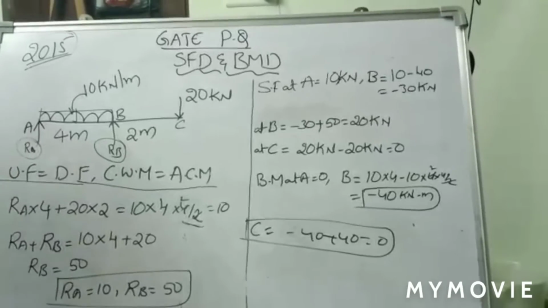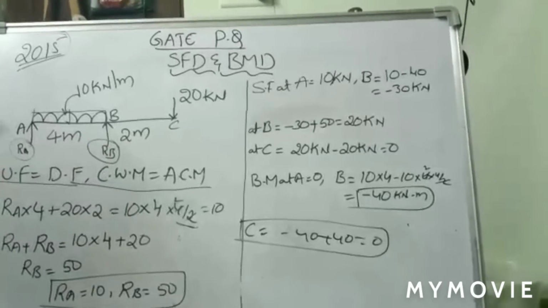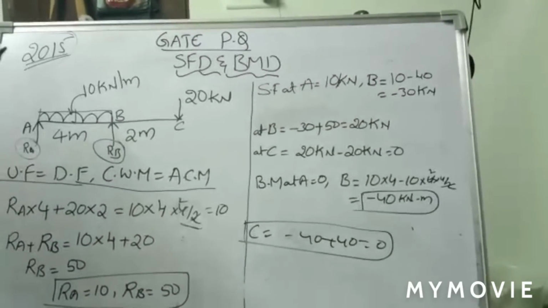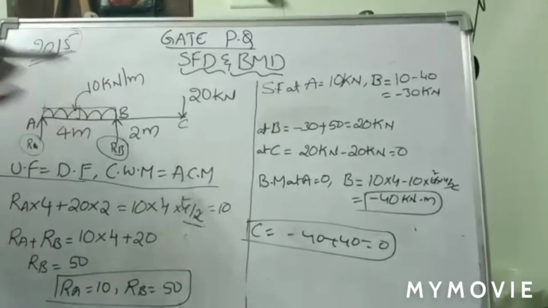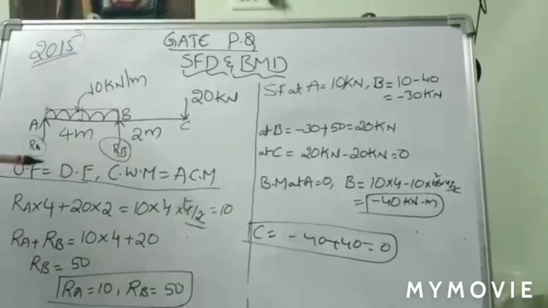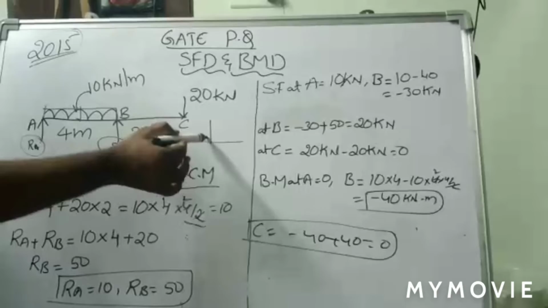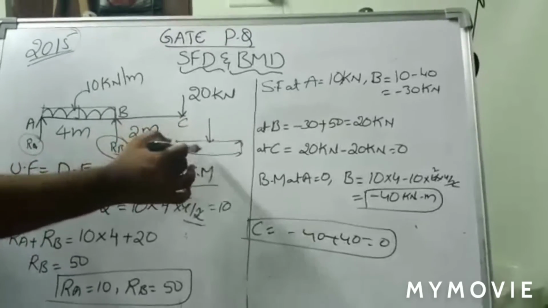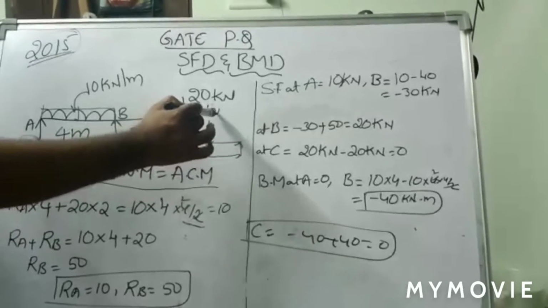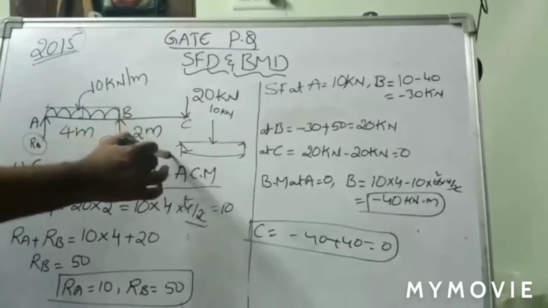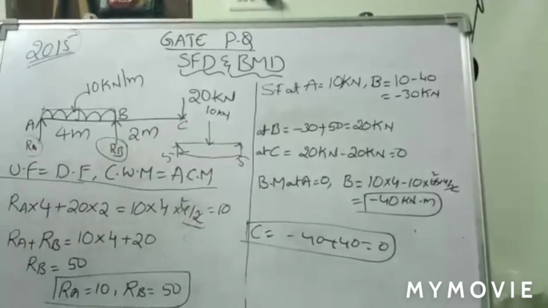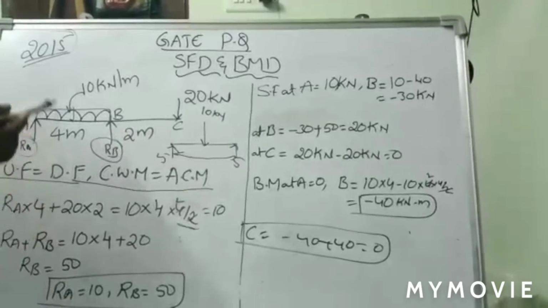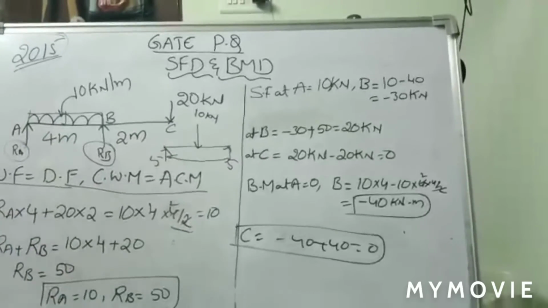So for any problem, whether it is a GATE problem or SSC or JE problem, whatever it is, the first thing is there is no choice. Unless it is a point load concentrated exactly at the center, you can directly get the RA and RB values. Suppose you have a simply supported beam with 10 kilonewtons exactly at the center, then the RA value is 5 and RB value is 5 directly. But here it is not exactly at the center. That is the reason there is no other way; you simply have to follow this procedure. That is the one thing, right?